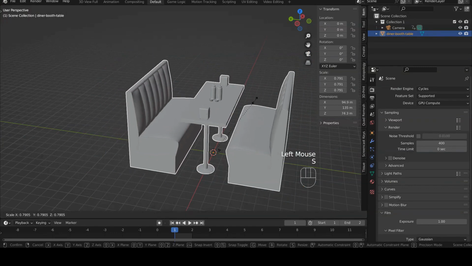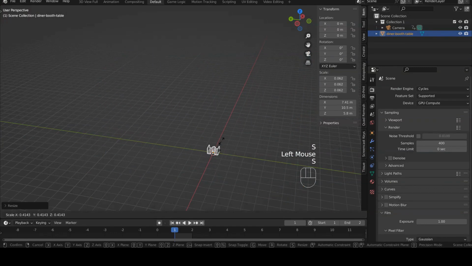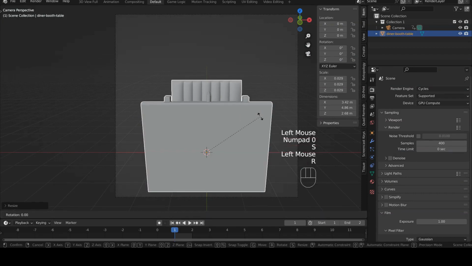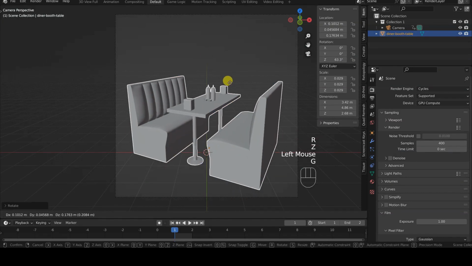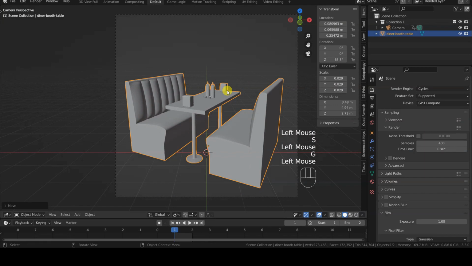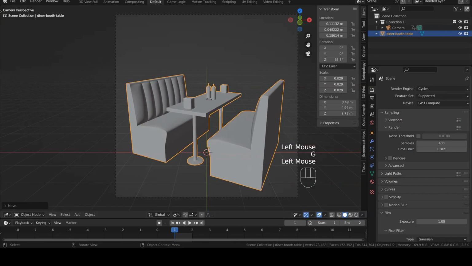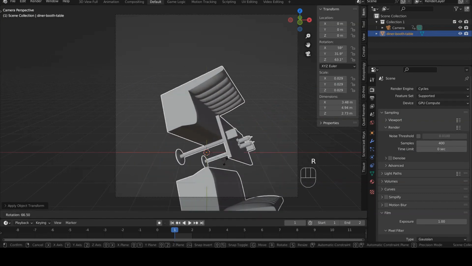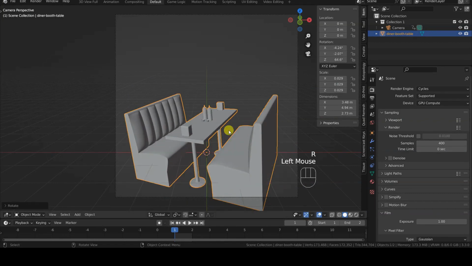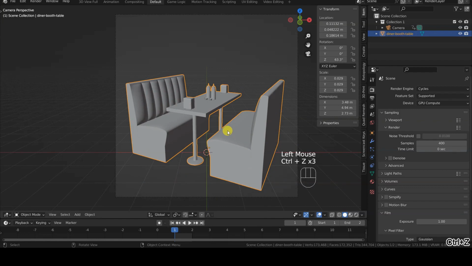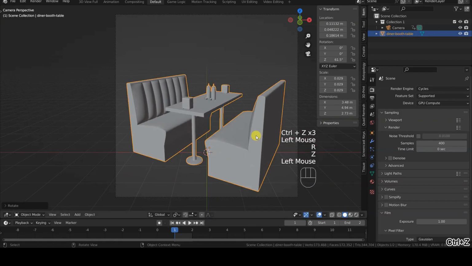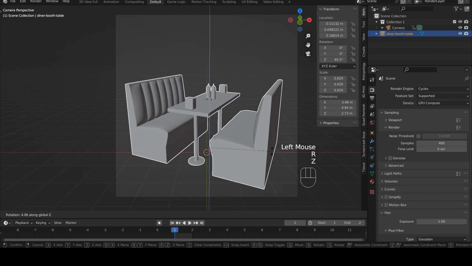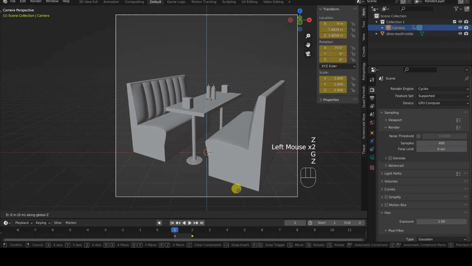I chose the central table as the object of joining because its origin coincides with the center of the virtual universe, making it easy to rotate or resize within the frame. If the model's origin does not coincide with the center of the virtual universe, you can still make it so by pressing Ctrl A and choosing Location from the Apply menu that will appear on screen. Now I can resize, move and rotate the model within the scene to achieve a good framing.